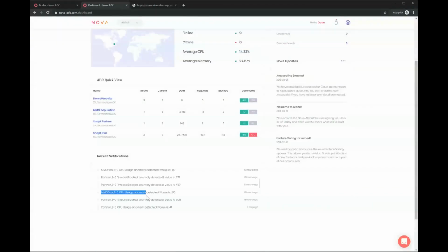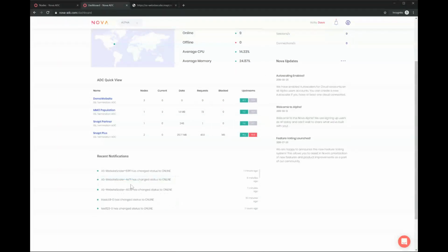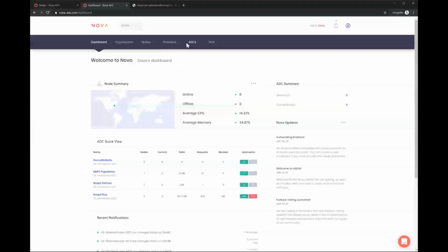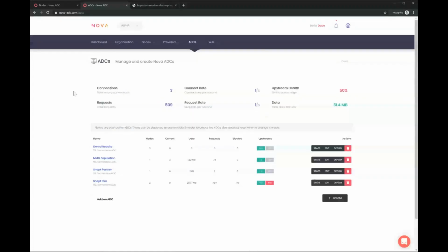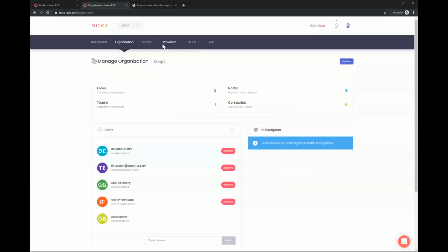Like there you can see we had 100% CPU usage. Here we had threats blocked anomalies, total connections anomalies, so anything abnormal that happens on the system. It will monitor that and notify you of that.